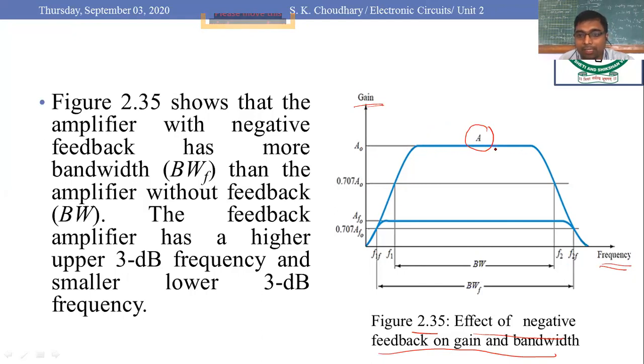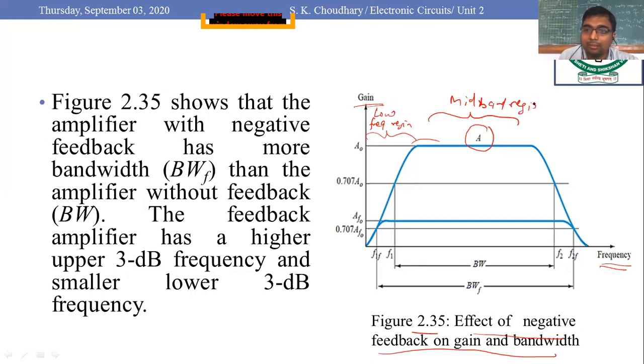That's why the flat structure is shown. But as you move from the mid-band range to the low frequency, this is the low frequency region. This is your mid-band region. We have already discussed these terms in the first unit. And this is your high